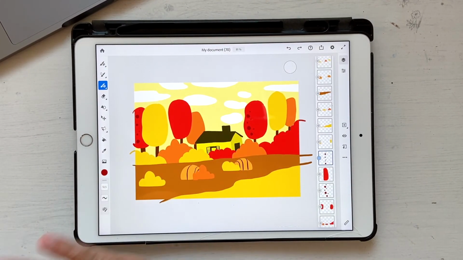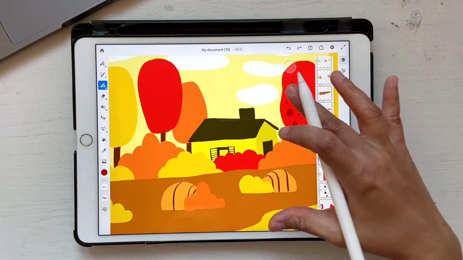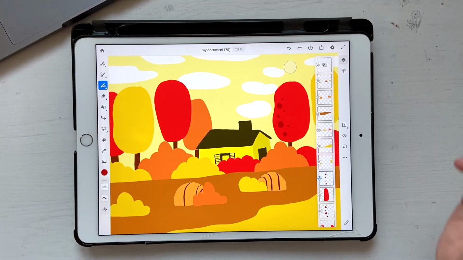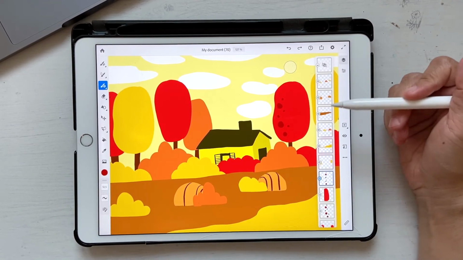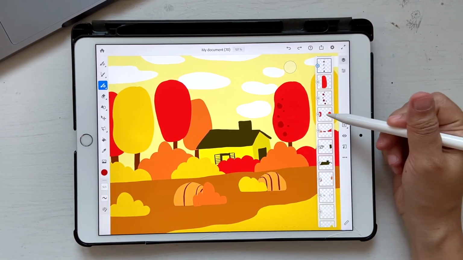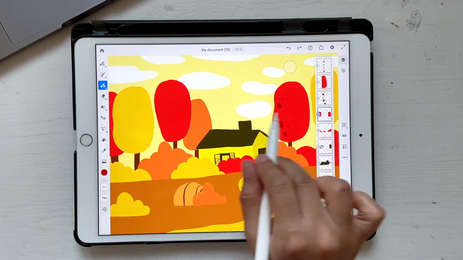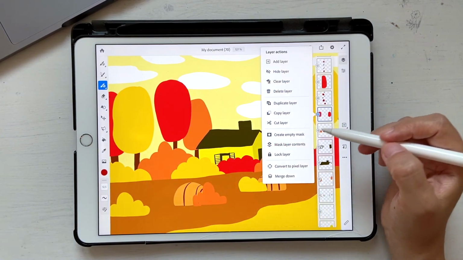Okay, so I guess that's it. Now we'll start off with the pixel brushes for our illustration. Let's start off with the trees first. So the red ones look really nice. So let me go ahead and click on the red layer, the 2 trees, and I'm going to click on